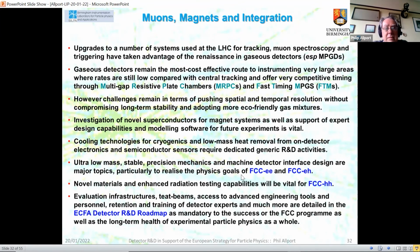There's a lot of new developments in gaseous detectors, a real renaissance in terms of micro-pattern gas detectors. They're the most cost-effective route to instrumenting large areas. I've discussed the central tracking for E+ E-, but also the readout of TPCs using technologies using micro-pattern gas detectors, or combined gas and silicon detectors, where you might have pixelated sensors reading out the drift electrons from the ionization in a TPC. You're pushing temporal and spatial resolution. RPCs offer very good timing resolution. There's cooling technologies, ultra low mass stable supports, novel materials, and also all the issues around infrastructure for test beams,